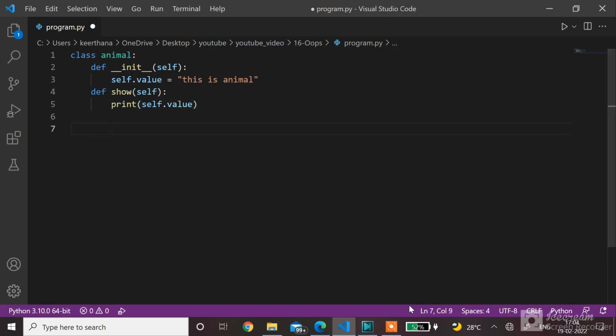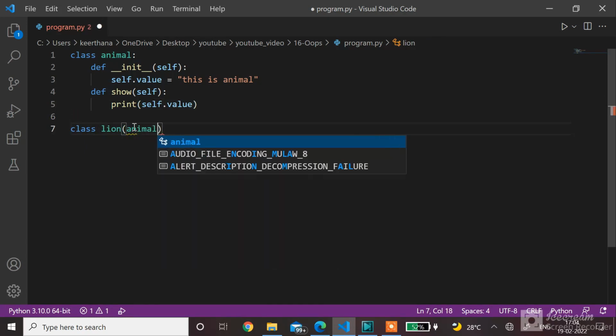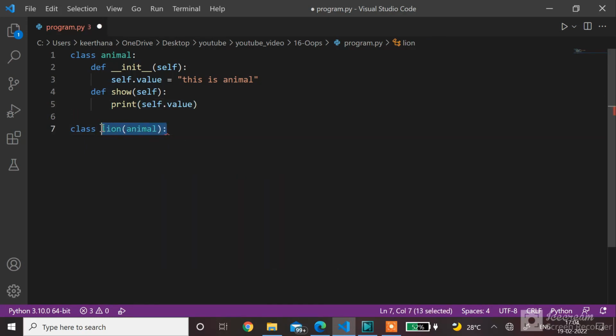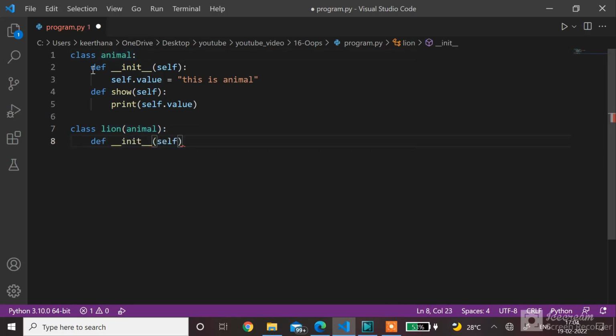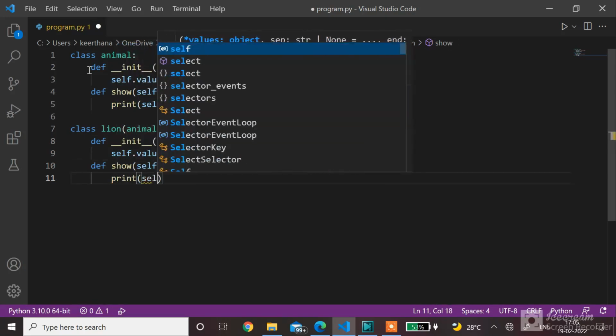Now create the same thing for lion. Class Lion of Animal. The Lion class inherits the Animal class now. Def init of self colon, self dot value is equal to "this is lion". Def show of self, print self dot value. A is equal to Animal of